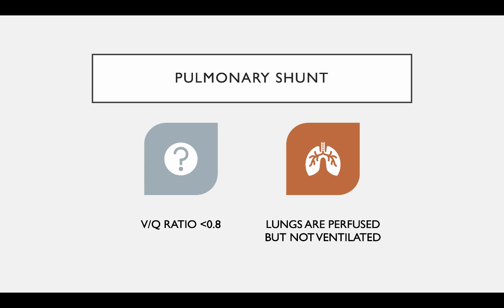So if we have a pulmonary shunt, or what we're going to call a pulmonary shunt, our VQ ratio is low, less than 0.8. And here we see that our lungs are perfused. So we have good blood flow, but they're not ventilated. So we don't have gas coming in and out. The gas that is coming in and out is being exchanged, so we have good respiration. It is being exchanged properly, but we just don't have